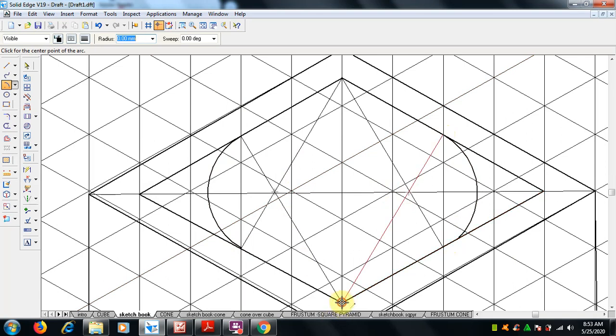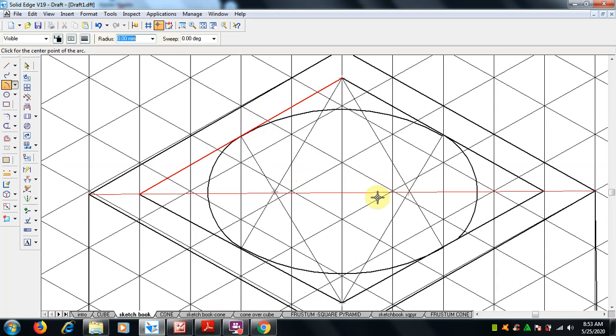And from this center point, this is the radius, we are completing the arc here, and this is the center point, taking this. Okay, fine, I hope you have understood.